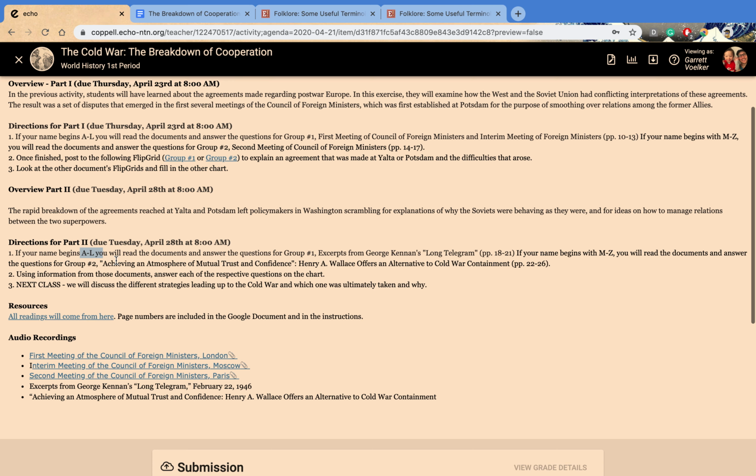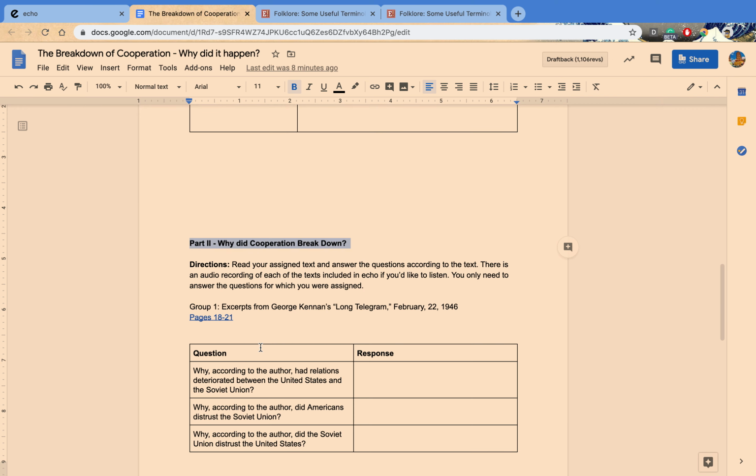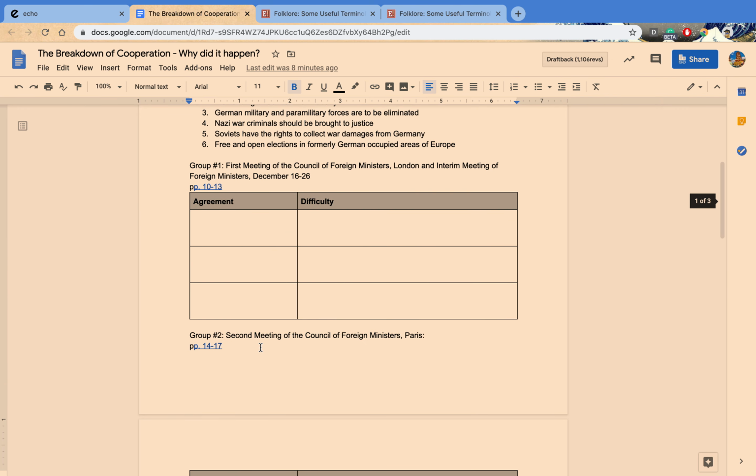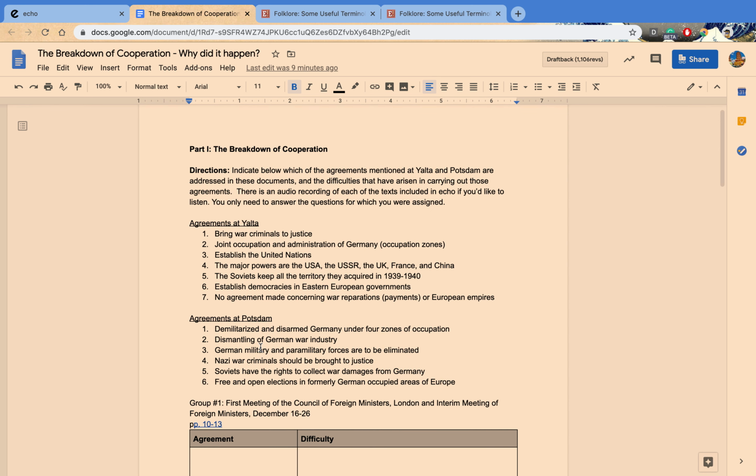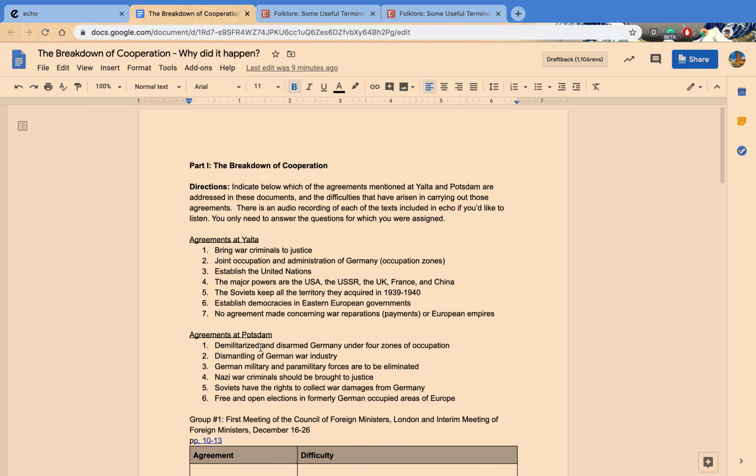In our next class, the following week, we're going to talk about what the different strategies are. We're going to see on Tuesday that there's a breakdown in cooperation between the USSR and the United States. And that's going to lead to conflict, the Cold War. That's going to lead to that period of history where we see the USSR and the United States competing for influence across the world.